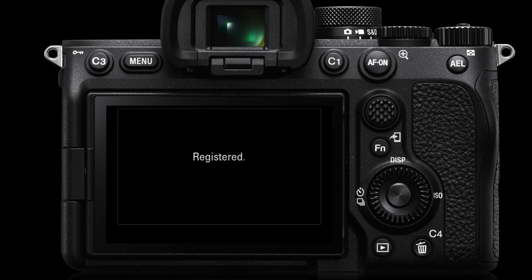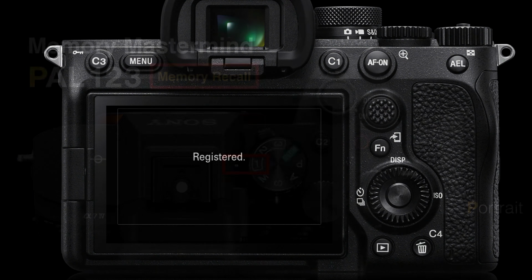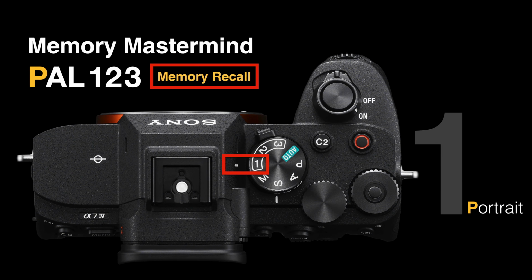Once you press that center button in the control wheel, that will be registered, and then we recall that setting from the shoot mode dial on the top of the camera. So for instance, now that I'm ready and I've programmed or registered all 3 of the memories for 1, 2 and 3, this is something I call my PAL workflow: portraits on 1, action on 2 and handheld landscapes on 3. And this ensures that I hardly ever miss a shot,